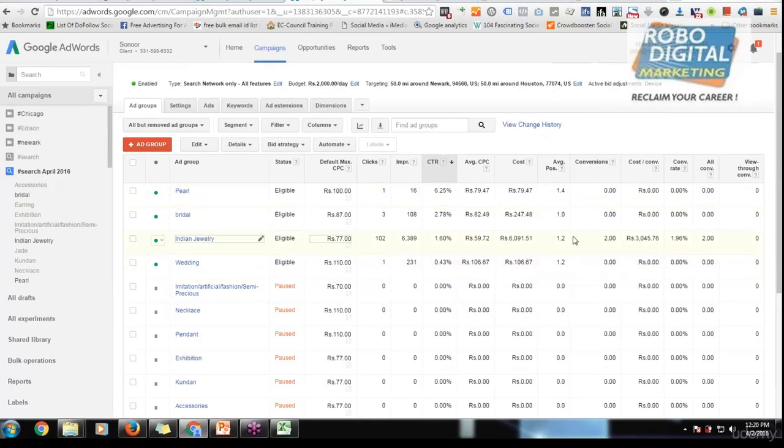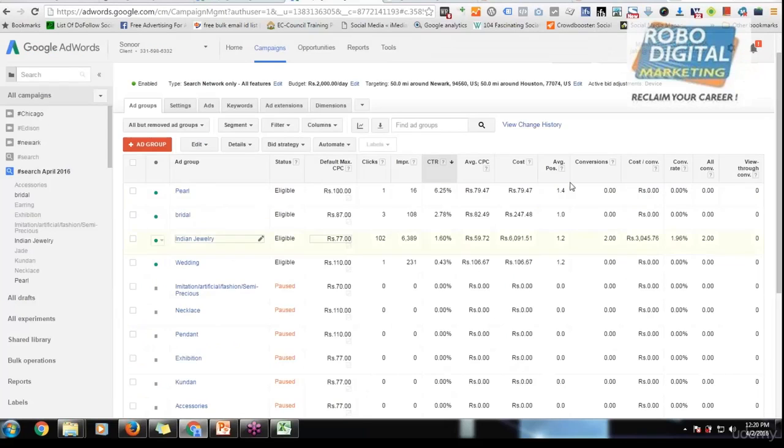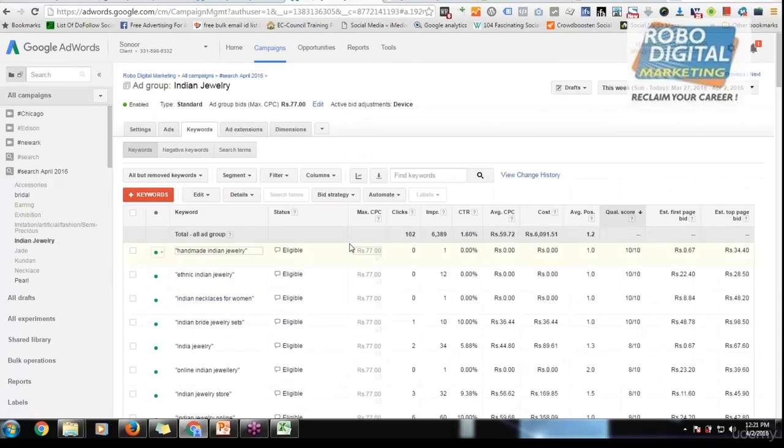And what is the cost? My average position, if you can see, is 1.41, 1.21. You can see when somebody is searching for me, I'm always on the top position. And I have converted 2 people from this. I have not enabled conversion tracking much, but conversion is happening on it, so you can check it. And if I want to look at which keywords are getting the most clicks, and I click on it, it shows